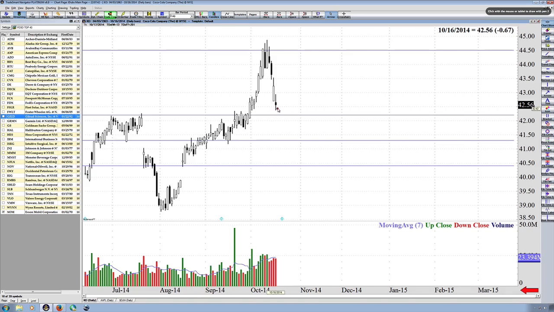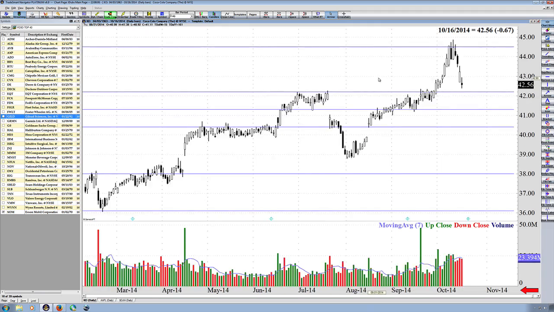If, by chance, Chris, Coke starts to turn up, then we might have a buying opportunity where we can buy in somewhere around $43 and make about $1.50 a share, and it's probably only going to take us about a week or two. If Coke starts to fall down through support, our next target's going to be down here, and now we're getting into another lesson. So I'm not going to get too far into that lesson.